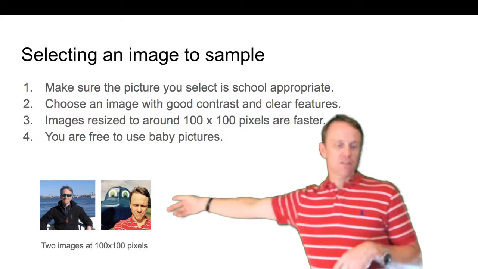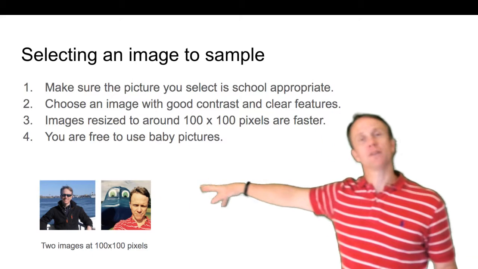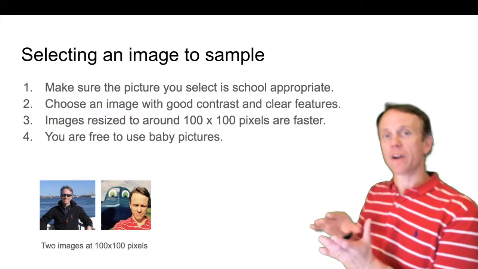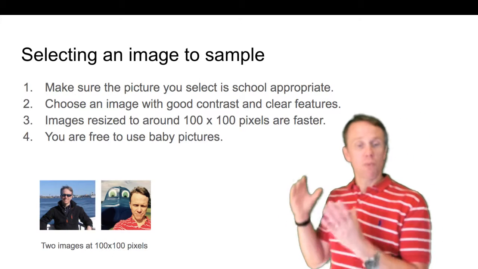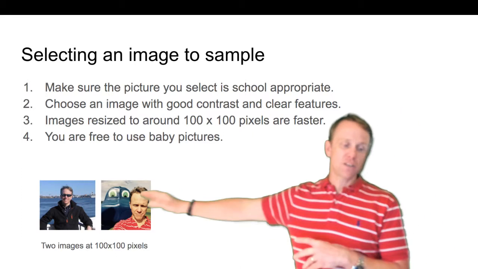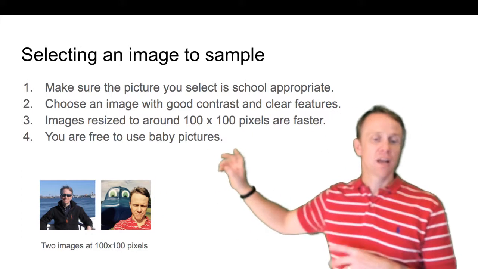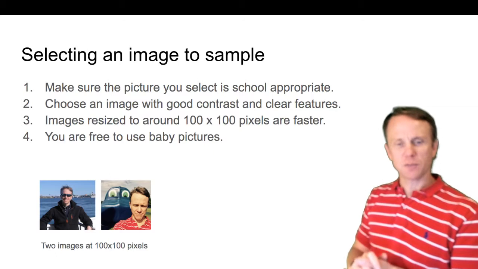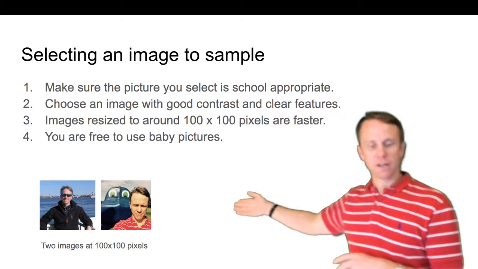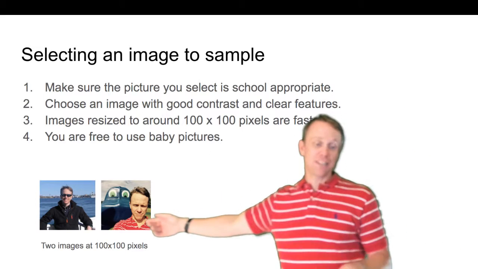I have two different ones here that were different social media profiles. These are right now at 100 by 100 pixels on my screen, so they're small. We want to use one that's kind of small. The one on the far side there doesn't have a whole lot of contrast, but it has enough maybe at the top to do it. And then the one that is closer to me, wearing the shirt that I happen to be wearing at the moment,